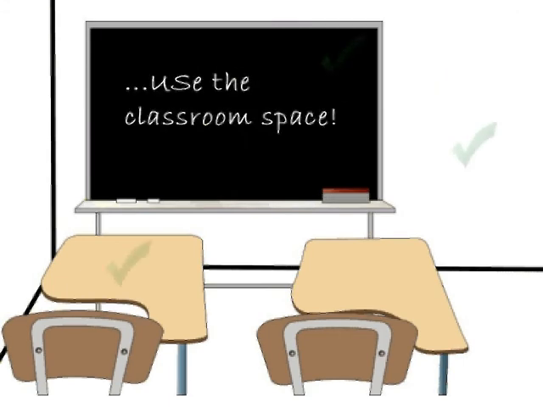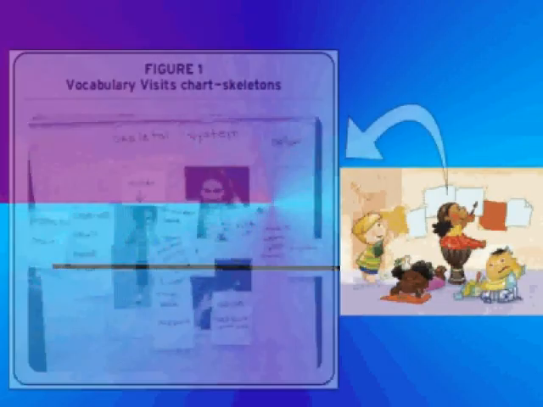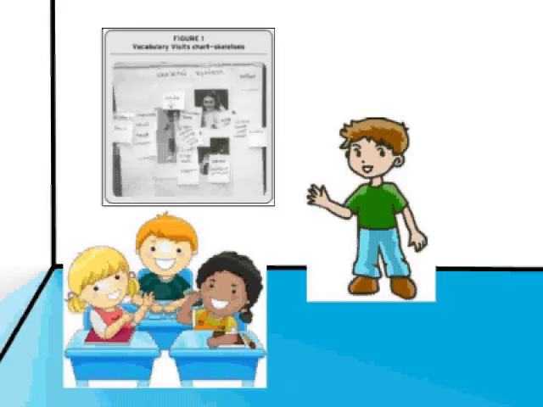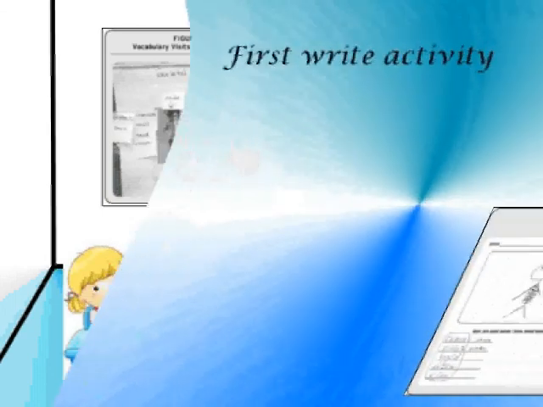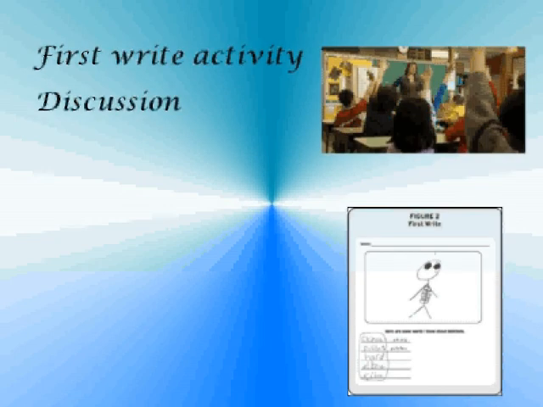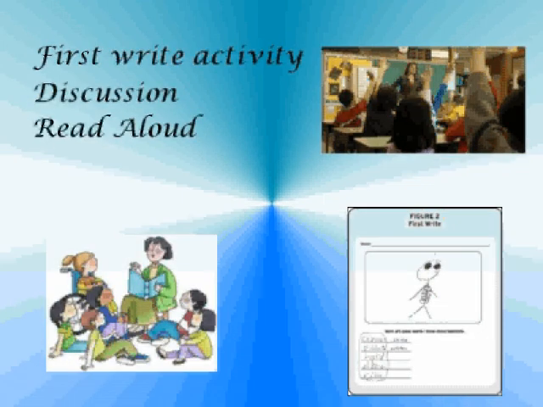The teacher can use the classroom space to create a field trip environment. This can be achieved through posters created by the students on a certain topic that includes higher level vocabulary words that can be visited throughout the day. Within these activities, teachers need to first gauge where their students are at individually by having them complete a first write activity. Then, the class can discuss aloud what they have learned, and the teacher could follow up on any misunderstandings. The next step is for the teacher to do a read aloud.